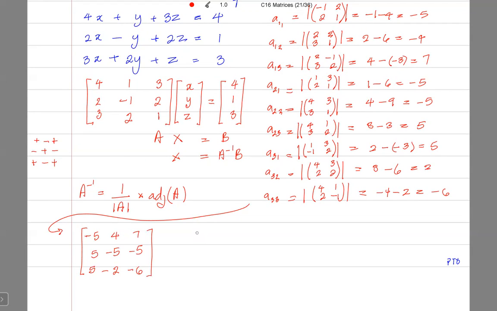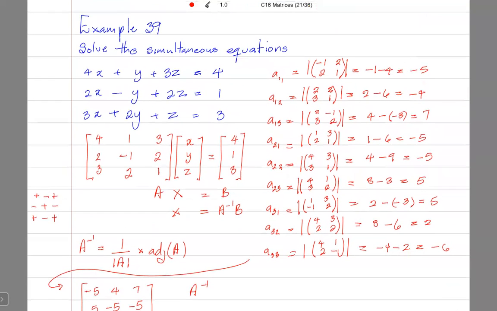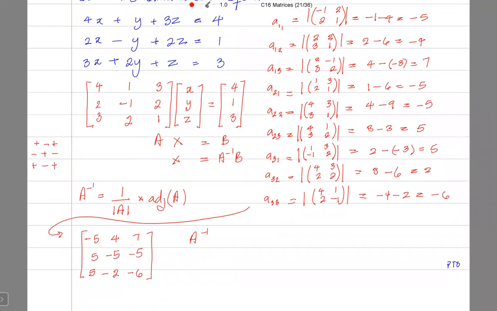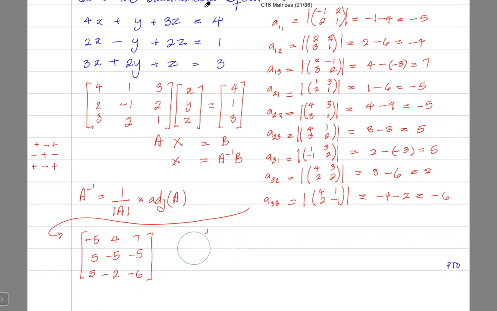So A inverse is 1 over the determinant. So I did not find the determinant. So let's go for the determinant. We know what A inverse is already, so let's find the determinant of A. The determinant of A would be 4 times the determinant of minus 1, 2, 2, 1,